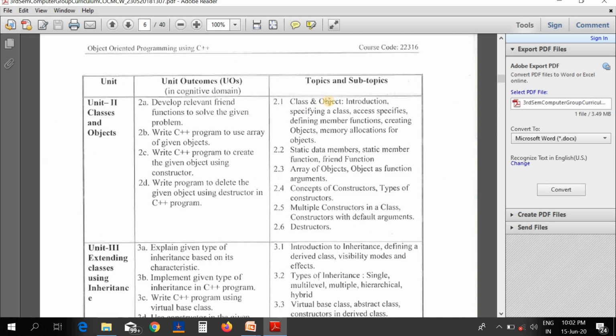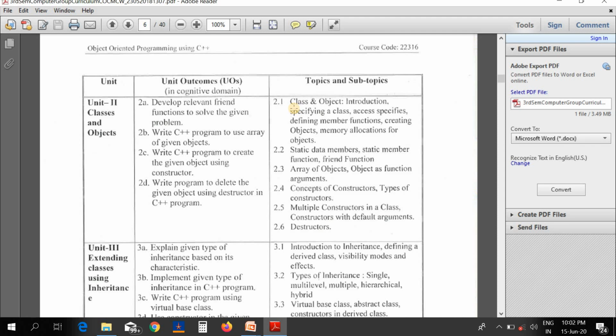Classes and objects. First we will see what a class is. A class is a way that binds the data and functions that operate on the data in a single unit. Classes and objects are the most important concepts in C++. Consider an example. What is a class?